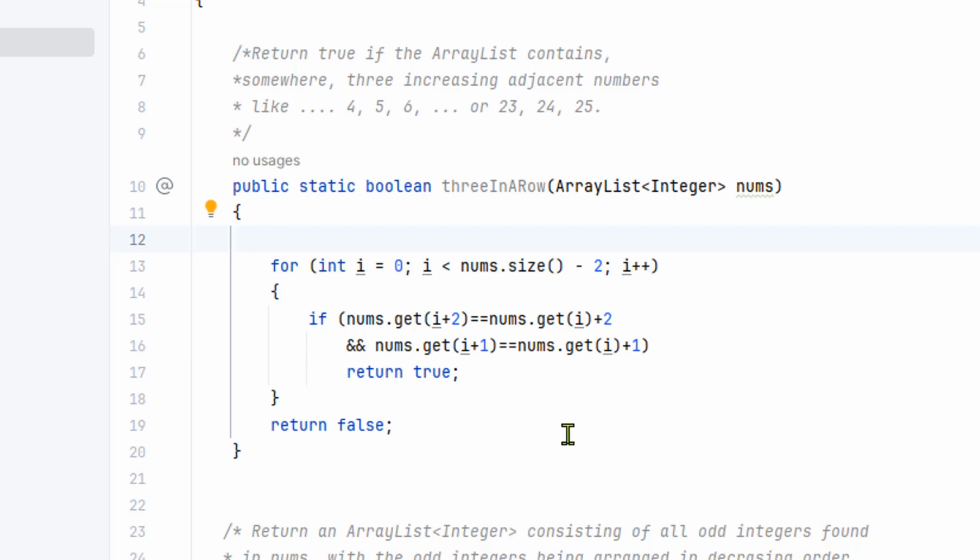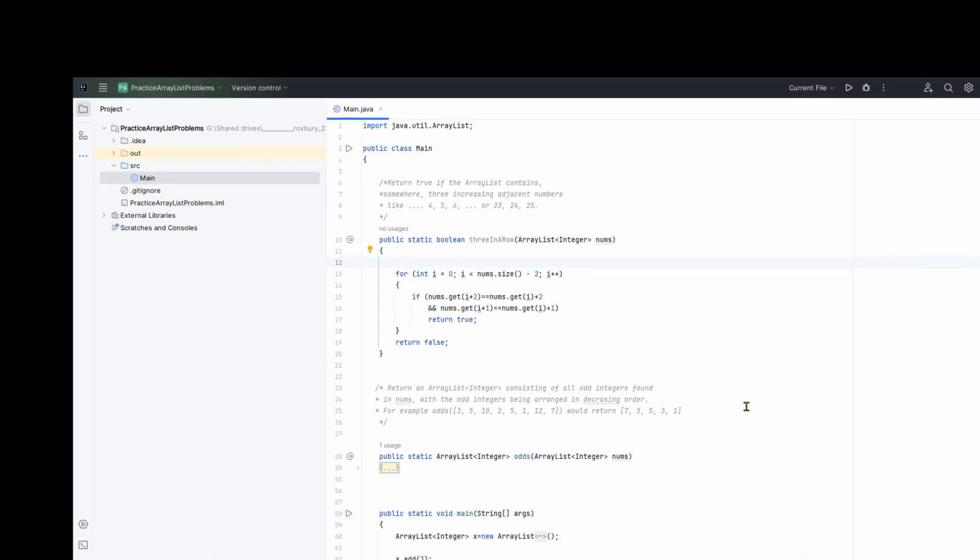Okay, then return true. And then finally, return false. So that's actually all I really need, and that one should be good. Okay, and then in the next one it says return an array list integer consisting of all odd integers found